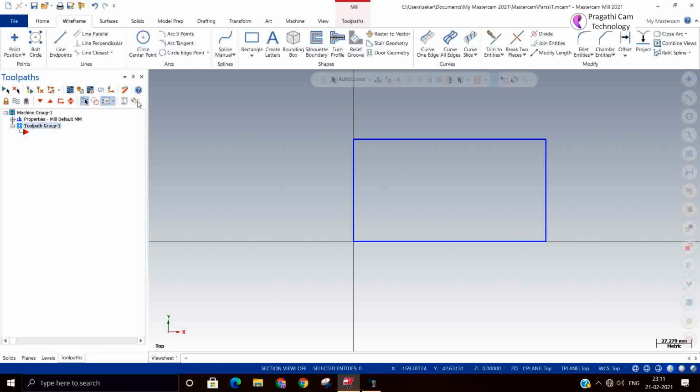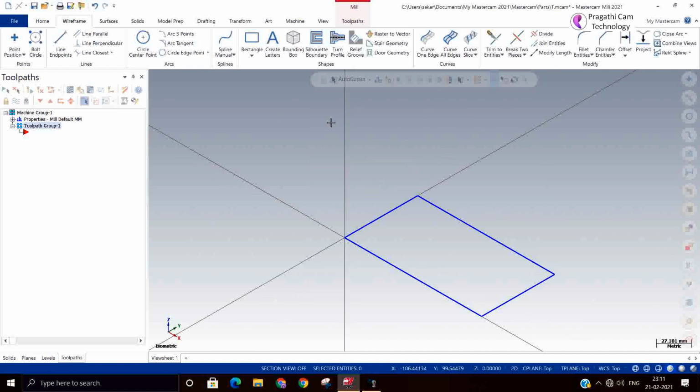This tool path will help you to select the appropriate position where that entry exit drill has to be made. Okay, so we'll see the detail about this in this toolpath.